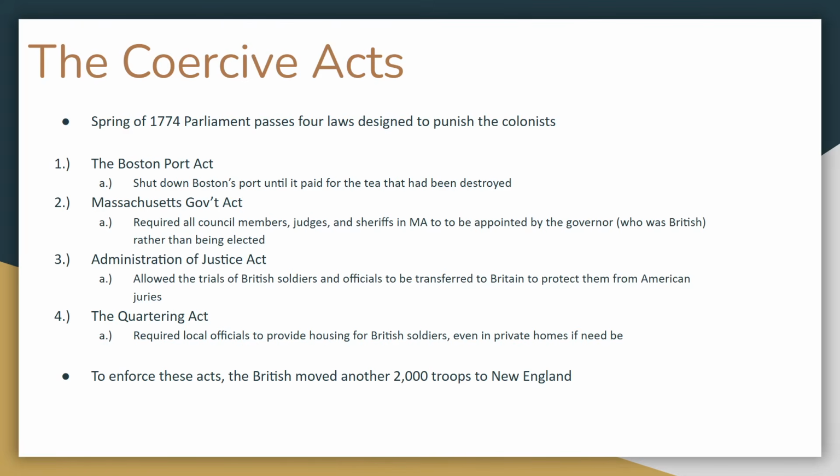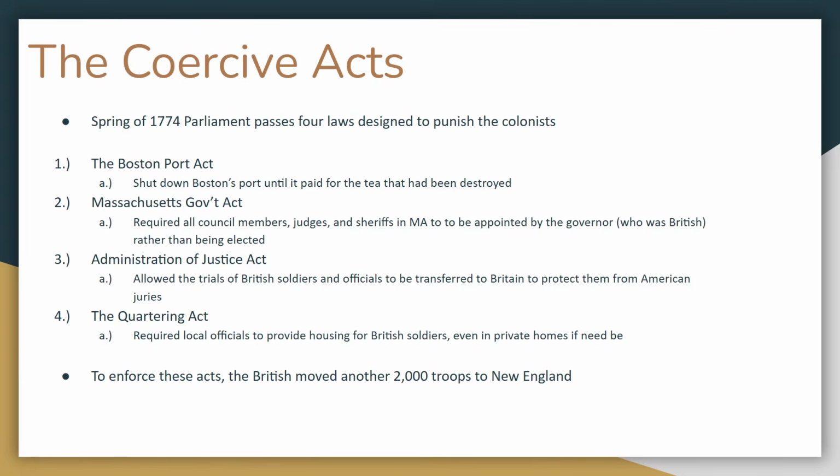The Administration of Justice Act. Basically, if any British soldier or government official committed a crime in the colonies, they were extradited back to Britain, because they knew that they wouldn't get a fair trial in the colonies. They knew that no matter what, they would be found guilty regardless, because not everybody, I just said there's a fair amount of people who didn't. But it was a scary enough number of people that they knew that odds were they were not going to get a fair trial in the colonies.